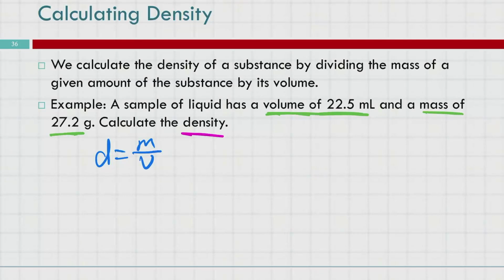Okay, so density equals mass over volume. Our volume, we're told 22.5 milliliters. You won't always be told that volume is milliliters. You will have to know sometimes that milliliters or cubic centimeters or cc's is volume. And you should know that grams is mass, but we're told that in this case. So if we want to find our density, that is equal to our mass, 27.2 grams,